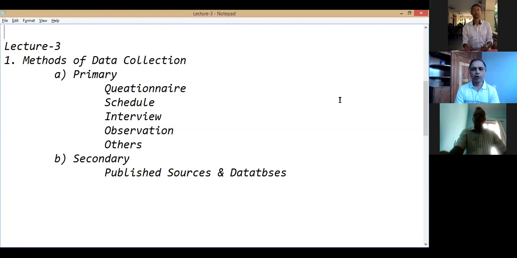Whereas a schedule is something where you go with the schedule, you talk to the person, the respondent, and then you fill it in. Think in terms of an illiterate person. An illiterate person cannot fill your questionnaire. So you can go to the person, you ask the questions and narrate the answers. The person will say something and you fill it in on behalf of that person. So that will be called a schedule. So the only difference between questionnaire and schedule is how it will be conducted. Questionnaires are generally sent by mail or email. For a schedule, the person travels with it, talks to the respondent and then fills it in himself or herself.